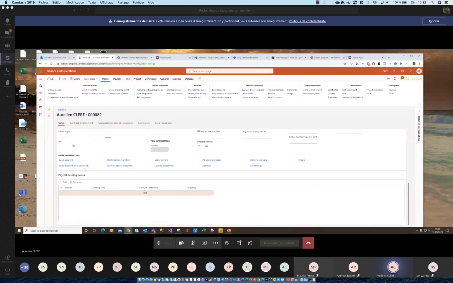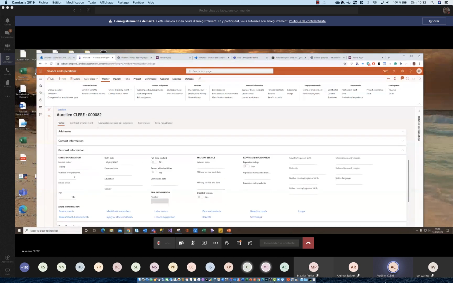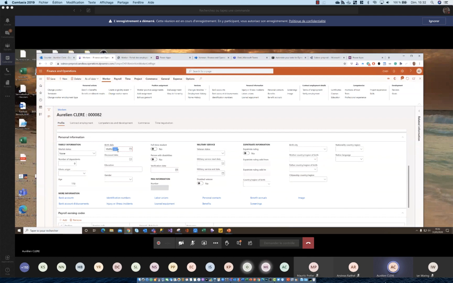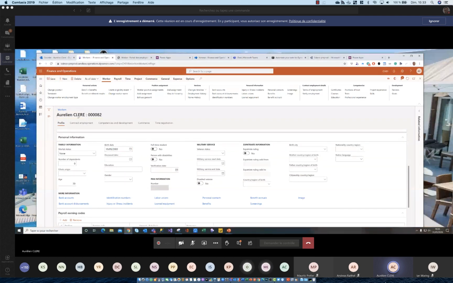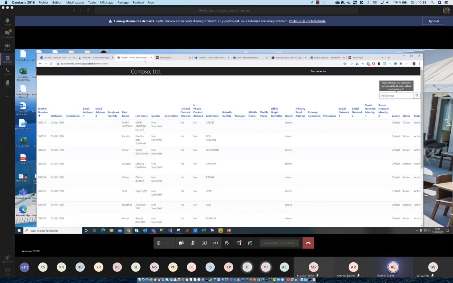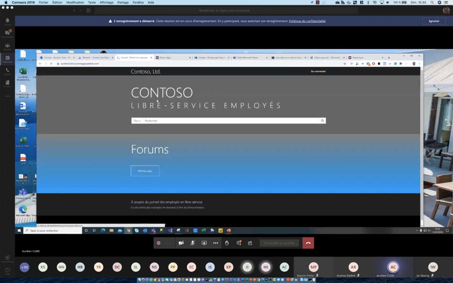Here, yeah, I can put 2000. Okay, 20 years old. Okay, so now it's saved, I think. Yeah. So if I go to my Power Apps portal, because I can go there from the home page.